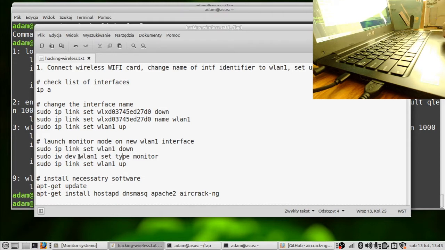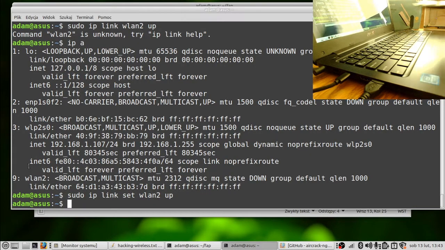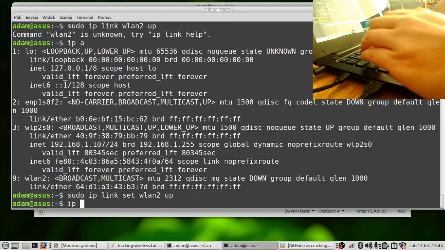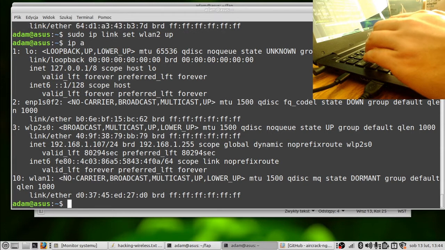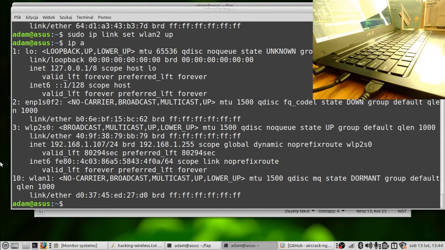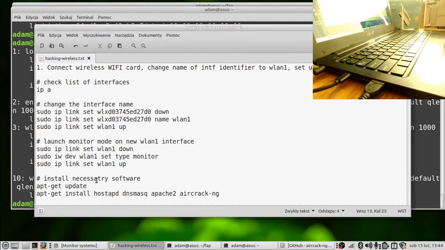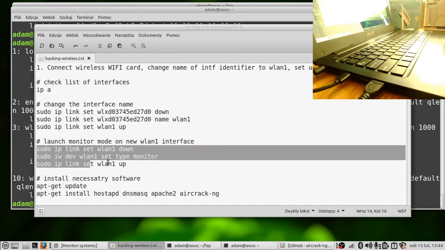I will now switch to this TP-Link card, because I have tried with this, just to show you that you need to change the name before you progress. This card I have already configured in the system by udev rules to change the name automatically to wlan1. And now we go with the commands to set it into monitor mode.